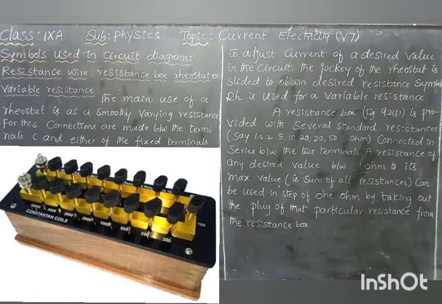Very important: a resistance wire is nothing but a standard resistance. A resistance box is nothing but a box from which you can use as much resistance as you want based on the circuit diagram. And again, the very important thing is the rheostat or variable resistance. You can vary the resistance depending upon the length and thickness, and also its working and construction. Very important. All of you read the entire concept of this from the textbook.